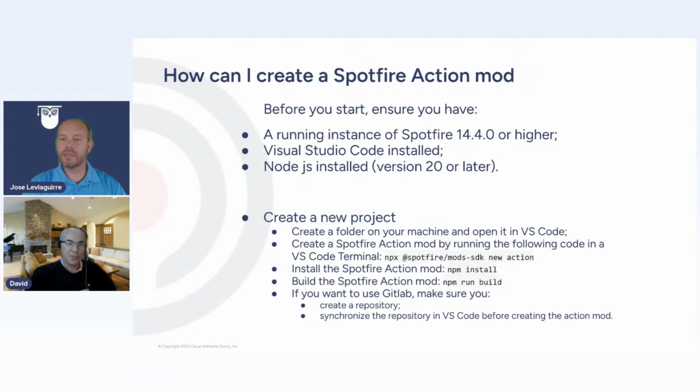So once you have your prerequisites, and if you're already familiar with visualization mods, then you already have them, you can start creating your project in Visual Studio Code. You do so by creating a folder on your machine, and then you can create your own action mod by running this particular command